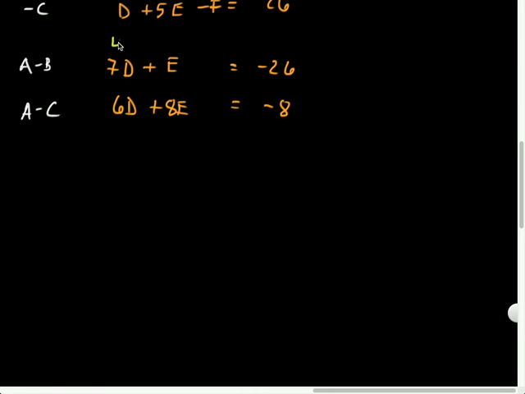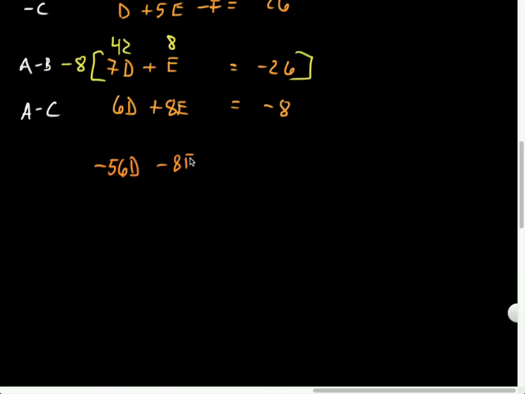Between 7 and 6, that's 42. Between 8 and 1, that would be 8. Do I want to multiply this? I probably still have to do that at some point. So I'm going to multiply this by negative 8 to get an opposite coefficient. So let's see, that's going to be negative 56. That's not quite the right color. Negative 56d